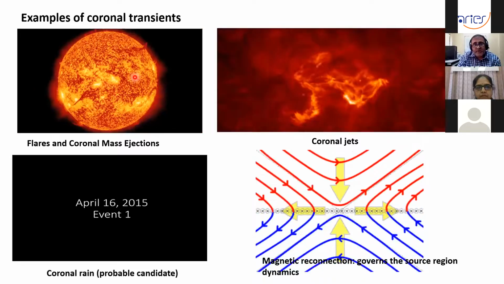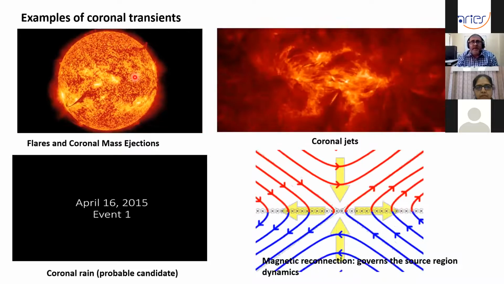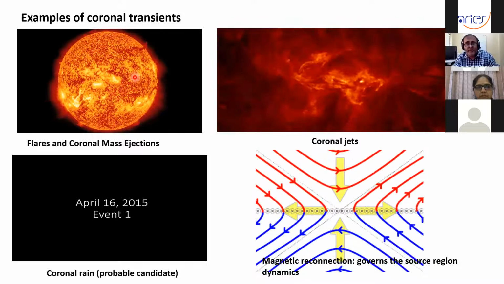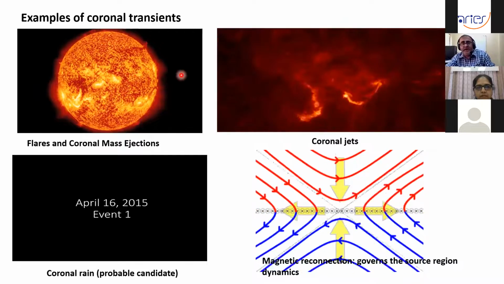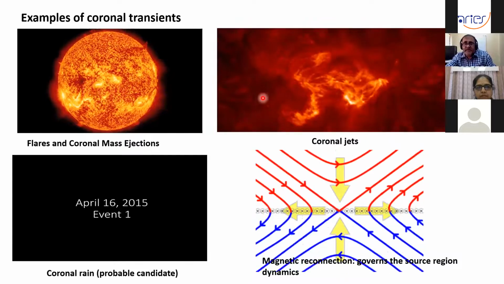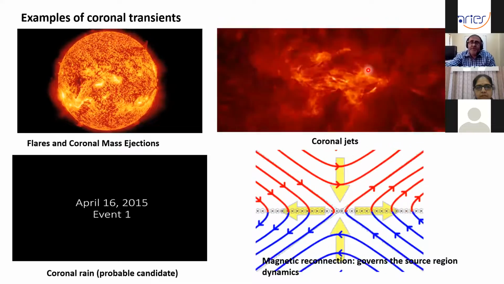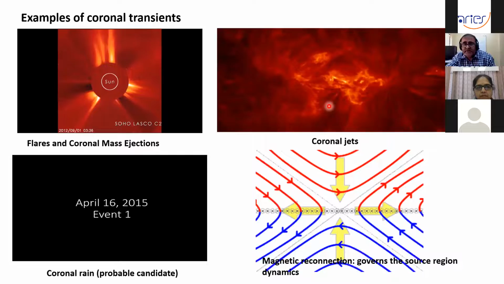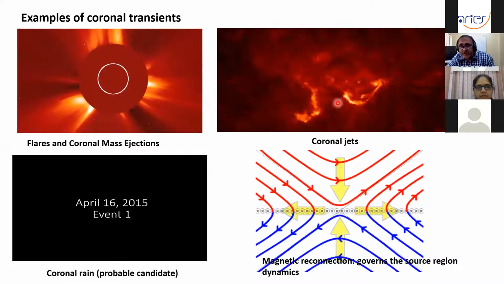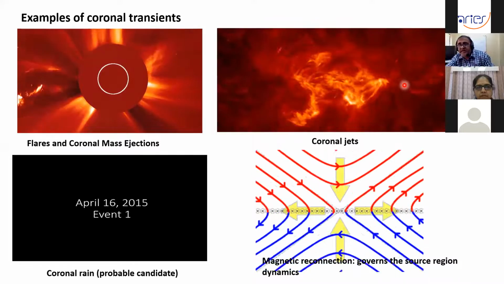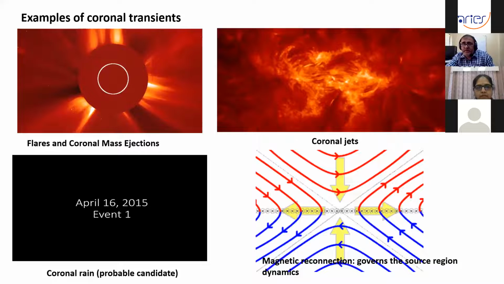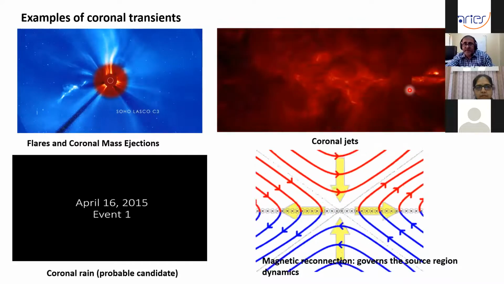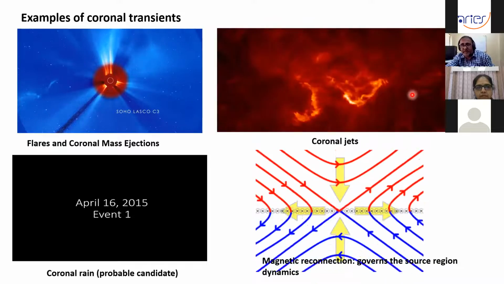These are called magnetic flux ropes, and they play a crucial role when it comes to eruptive events or any coronal transient. On the right hand side, there is a figure which shows a coronal jet and a classic two ribbon flare. So just wait and you can see the two ribbons forming, and on the right hand side there is a jet,